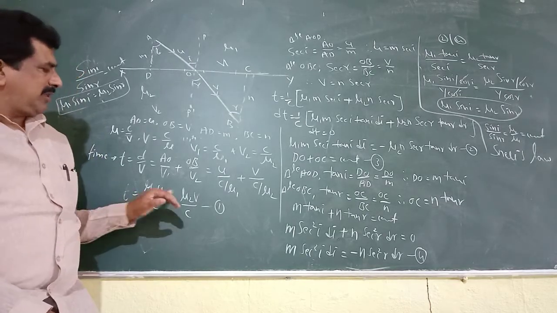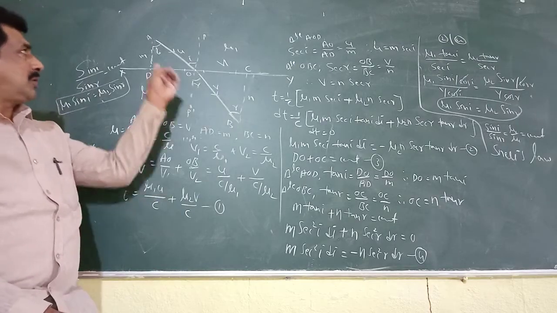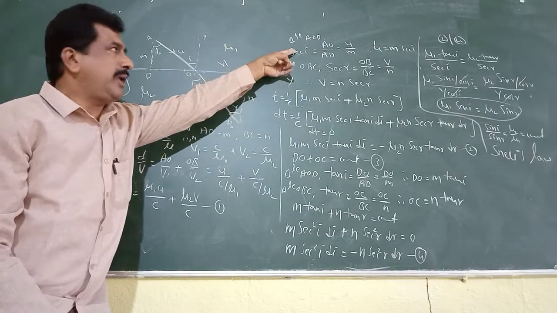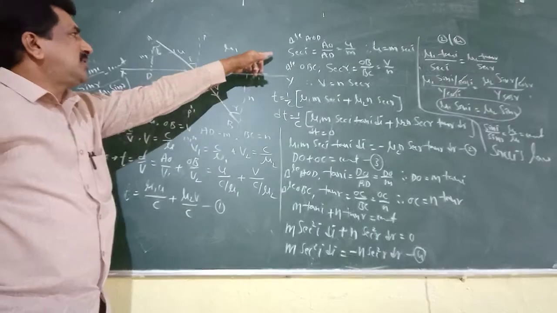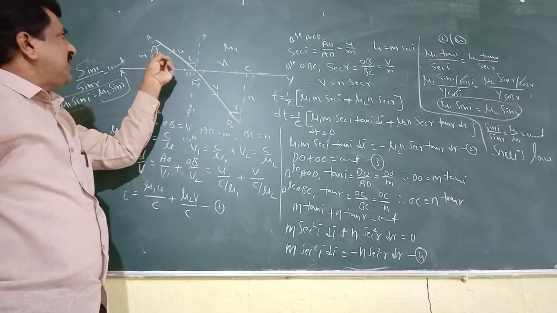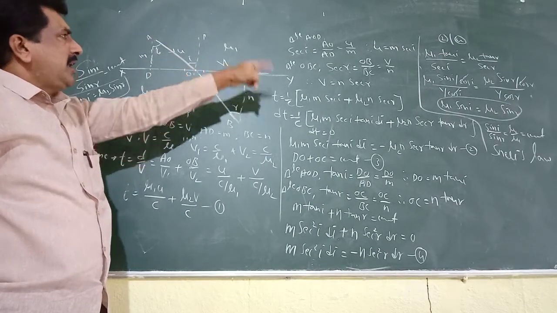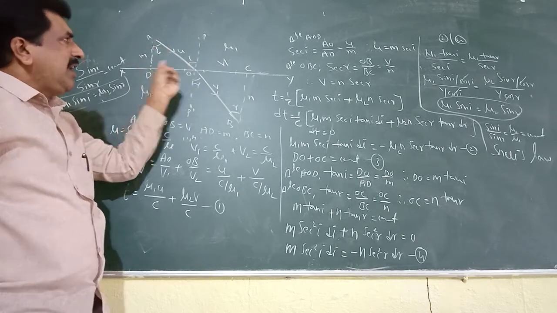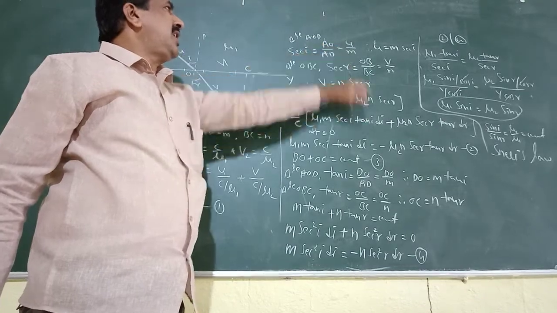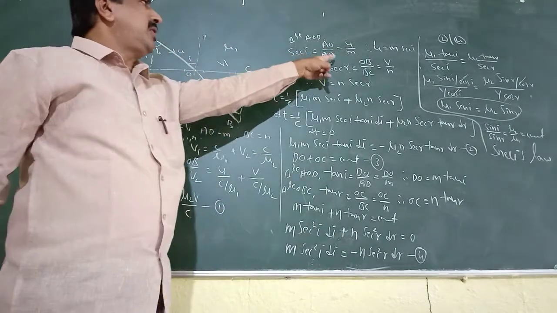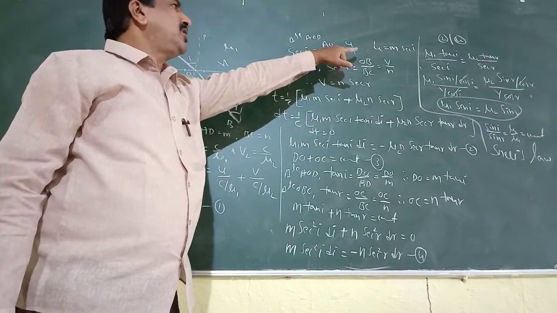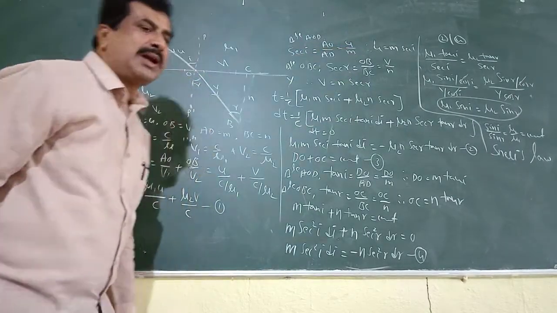Now we can determine the values of U and V. For that, we consider the right angle triangle AOD. Secant I is equal to hypotenuse side divided by adjacent side. For this angle of incidence, the hypotenuse side is AO and the adjacent side is AD. Therefore sec I is equal to AO divided by AD. The length of the incident ray AO is equal to U and AD is equal to M. Therefore sec I is equal to U by M. After cross multiplication we get U is equal to M sec I.